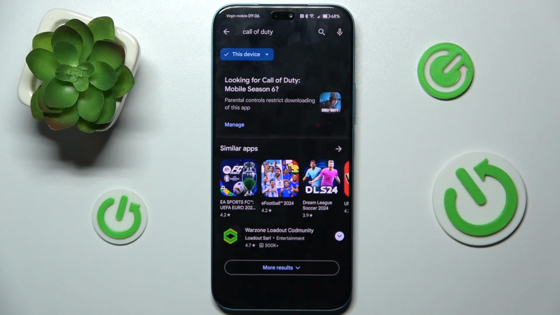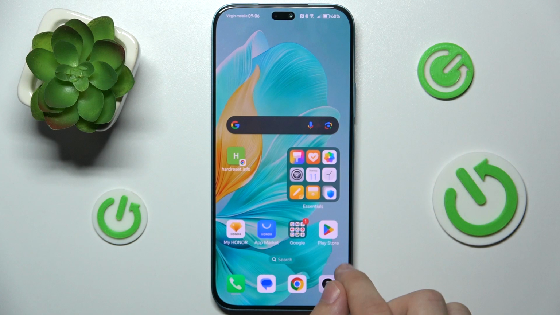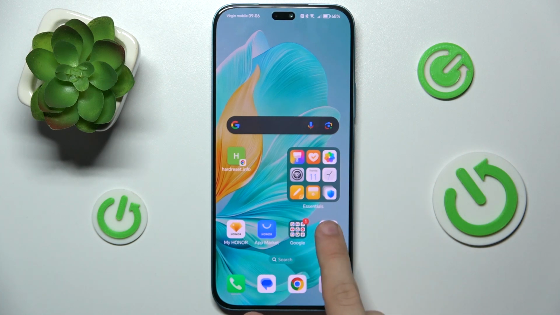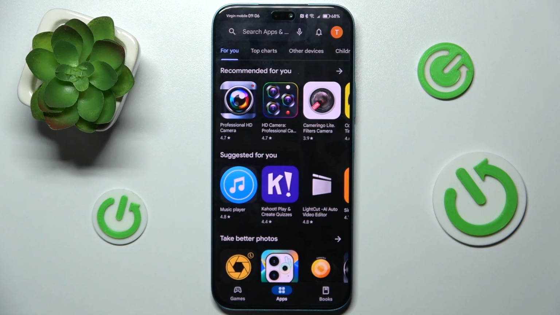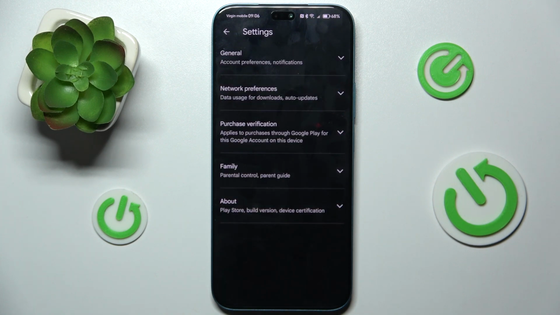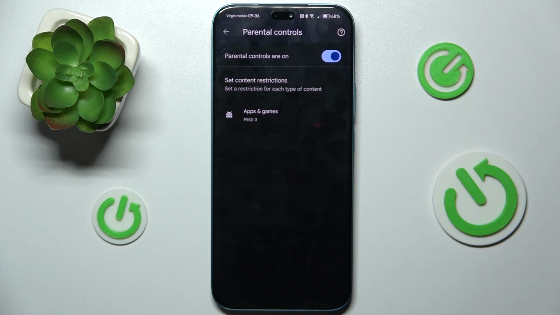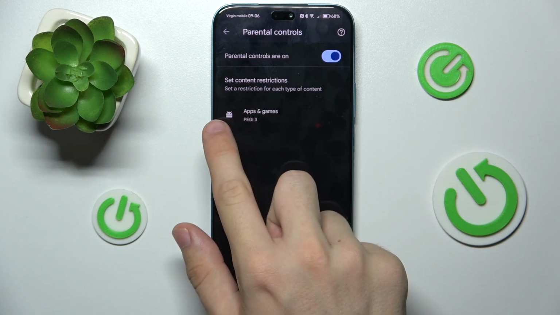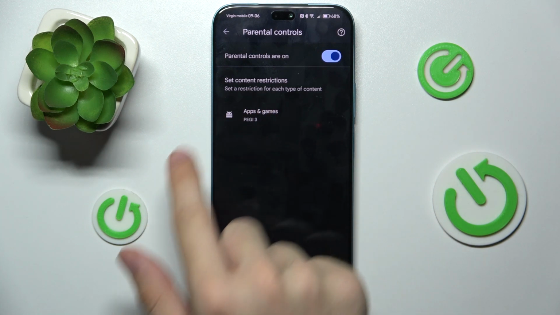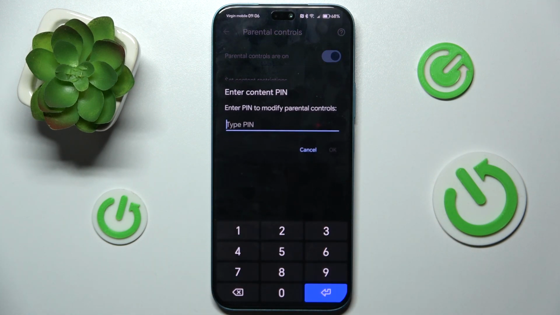And what to do in this situation? First, make sure Google Play Store is opened. Then press on your profile icon in top right corner. Go to Settings, then Family, Parental Controls. And now you can see that I have set parental controls for apps and games to PEGI 3,